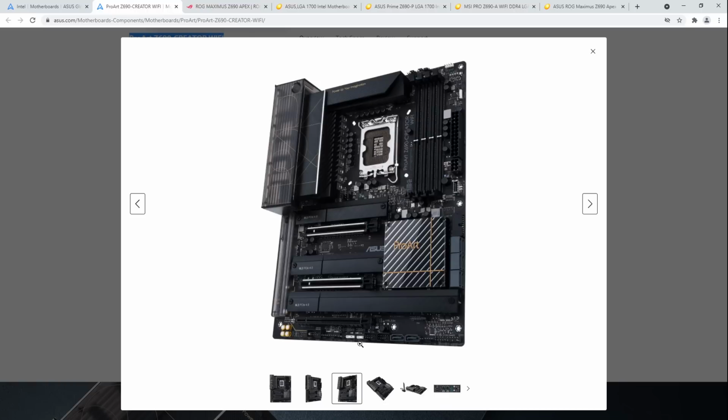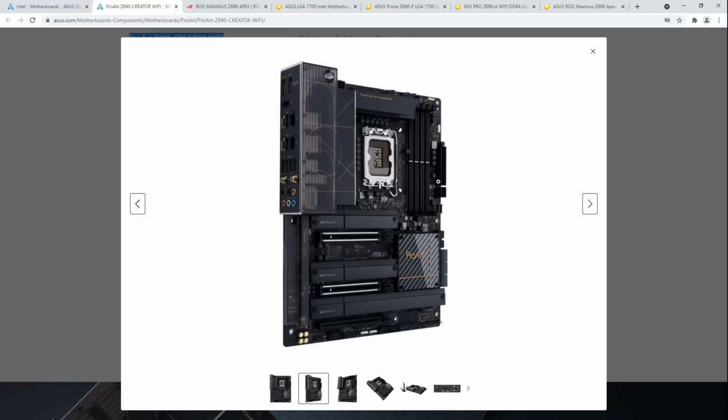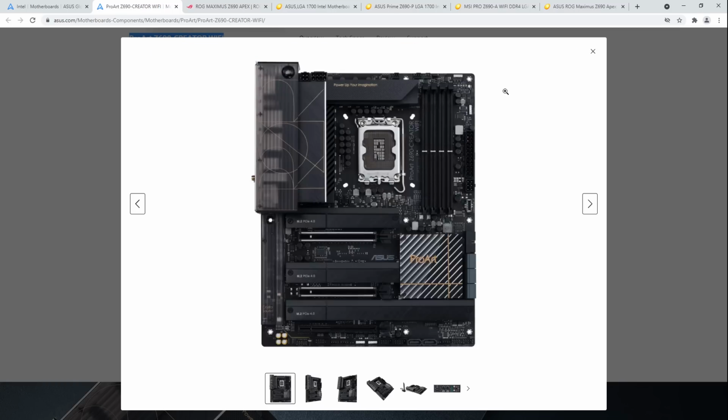The main annoyance I have with this board is there's no postcode, which I don't get. This is a $400-ish motherboard. You could put a postcode on this. I don't see any reason why you wouldn't want a postcode on this, right? And the funny thing is, in the past, when the ProArt branding wasn't yet a thing, when it was the WS branding, the WS boards always had a postcode. Why doesn't this have a postcode? Every single workstation Asus WS board, I think maybe the X58 didn't have a postcode or something, but